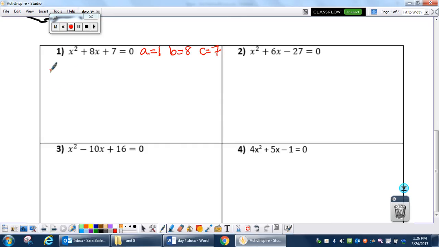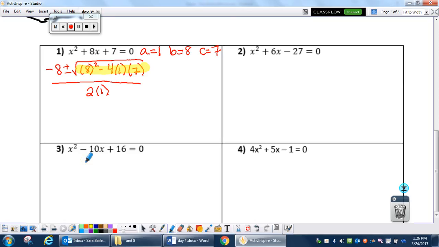So x equals the opposite of b plus or minus the square root of b squared minus 4 times 1 times 7 all over 2a. Okay, so again, what I typically do is calculate that number under the radical first. So that's going to be 8 squared minus 4 times 1 times 7. Oh, that worked out perfectly, because that's a perfect square. So we have negative 8 plus or minus the square root of 36